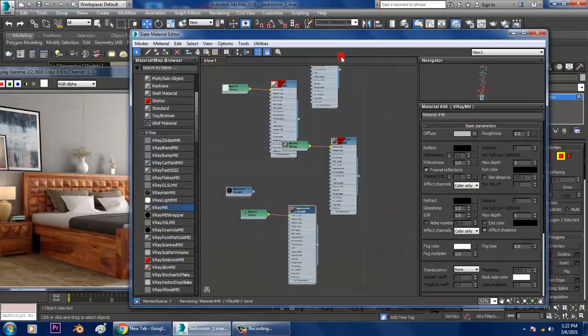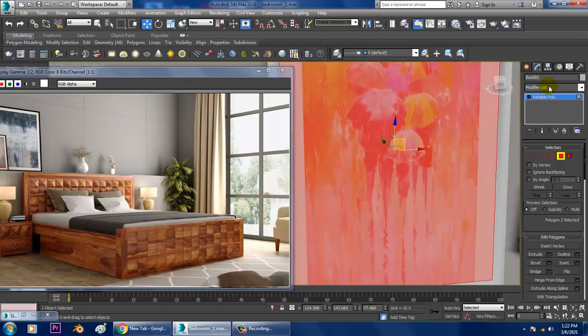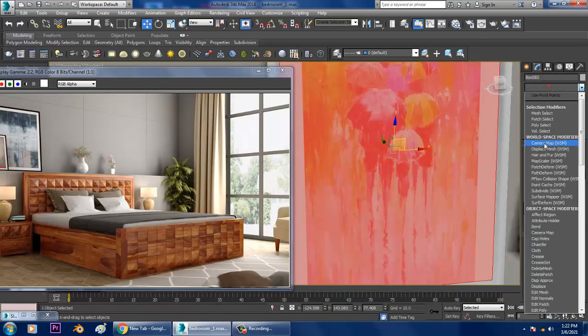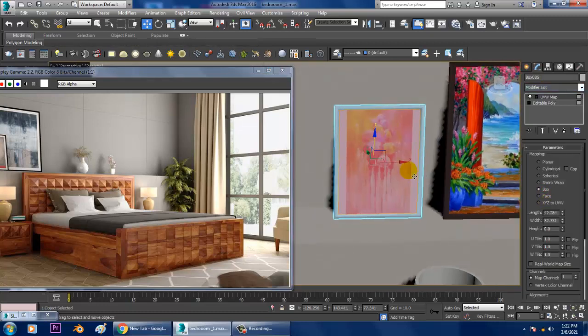So this is also a good painting. UVW map, set it as a box.